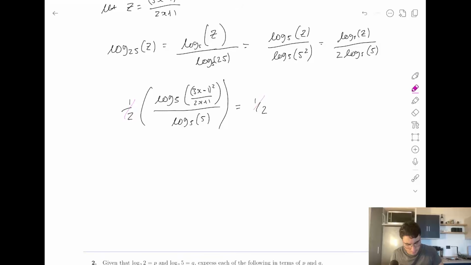These are going to cancel, obviously. So we're left with log 5